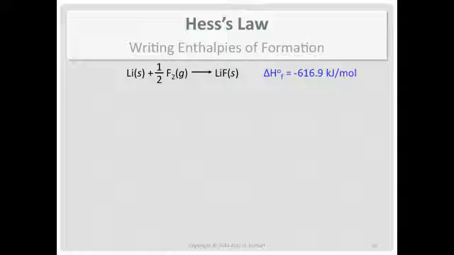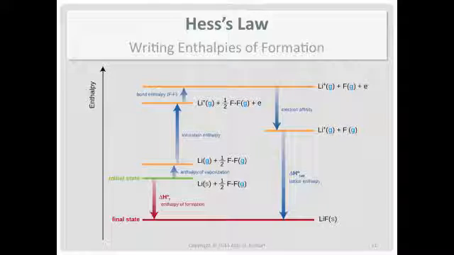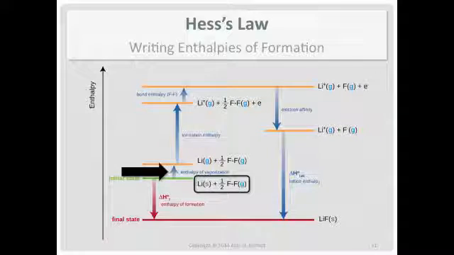Now I'm going to show you a diagram. If you want, feel free to blow right through it because I just want to give you an idea where we can get this information. This is an example of a Born-Haber diagram. We start with solid lithium and diatomic fluorine gas. Well, the goal is to make lithium fluoride solid, so we have a number of processes that we can think about that will allow us to get there. One of them would be to vaporize the lithium, solid to gas. That takes enthalpy. It's an endothermic process.